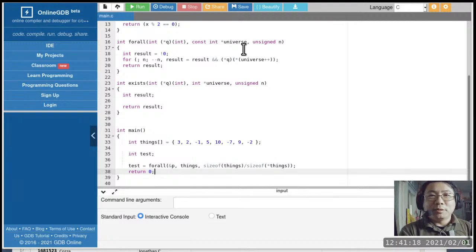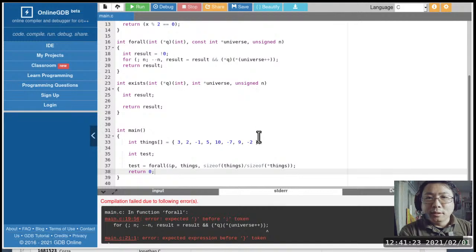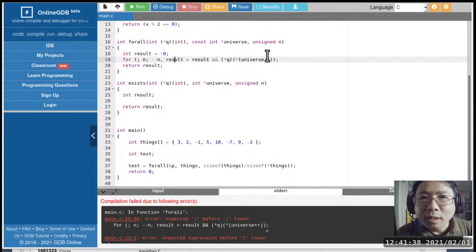All right, so we'll go ahead and debug the program. There we go. And I got some syntax errors. It complains about expected close paren before semicolon. So I probably forgot something, and that's on line 19. This is the line. Alright, so what am I missing? Let's see here. Oh, I need one more to close the for. There we go. Alright, so now we're good.